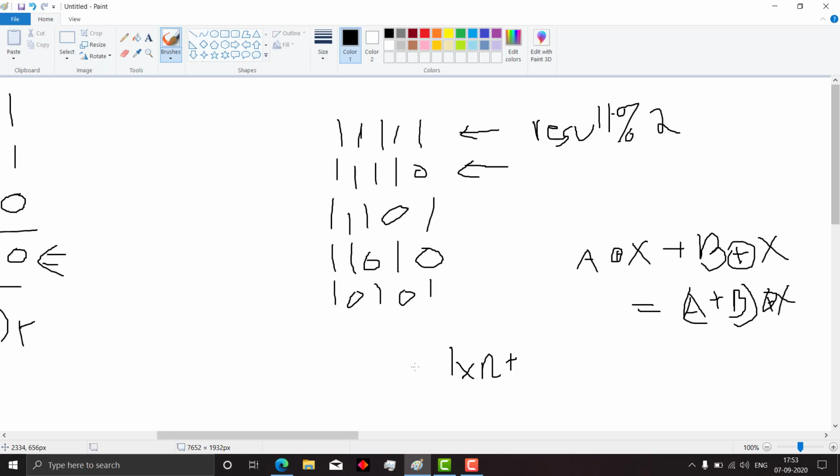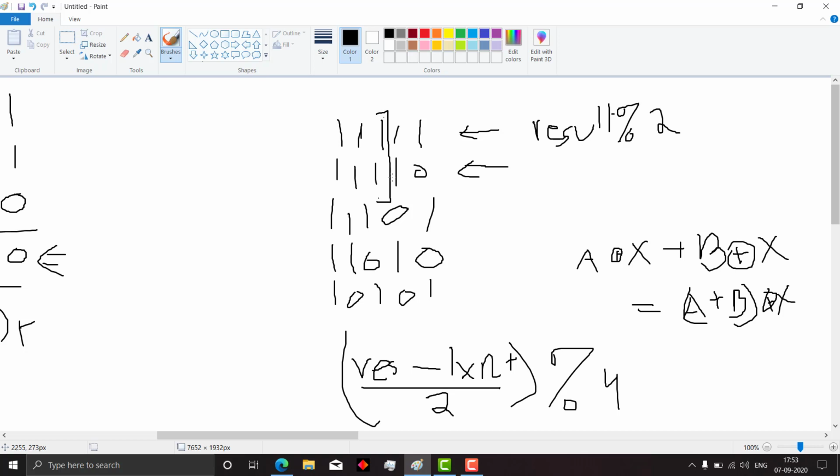So first we will subtract this from this result, then take it by 2 so that the contribution reduces to half, then take a mod 4 so that this contribution is removed, and now you can easily take a mod, and now you can see if this is equal to 0, 2, and in both cases you know if it is either odd number of ones or even number of ones.